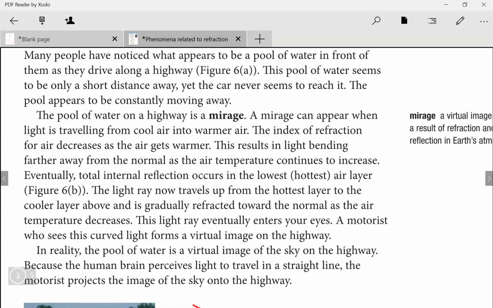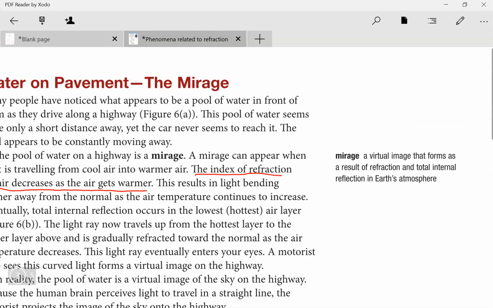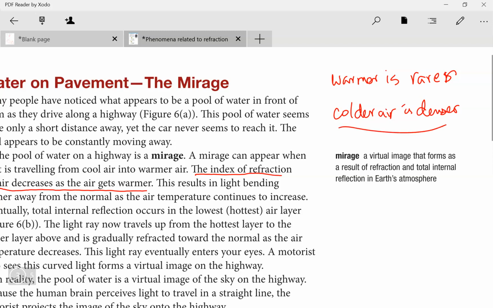The key here is that the index of refraction of air decreases as air gets warmer. So what does that mean? Index of refraction decreases. So that means warmer air is rarer because it has a low index of refraction. Colder air is denser. I don't know how you want to think about this, but imagine cold air, it